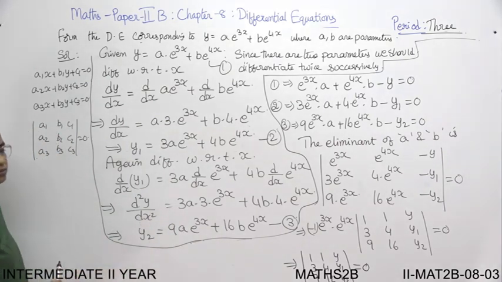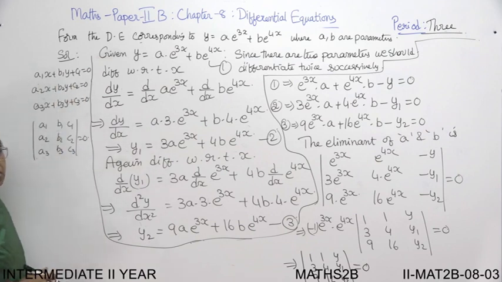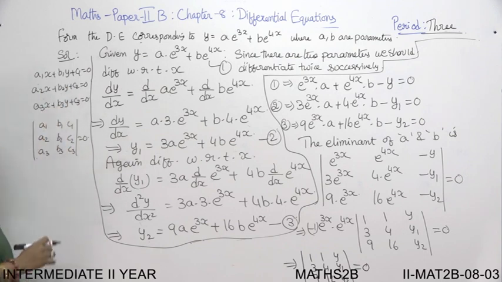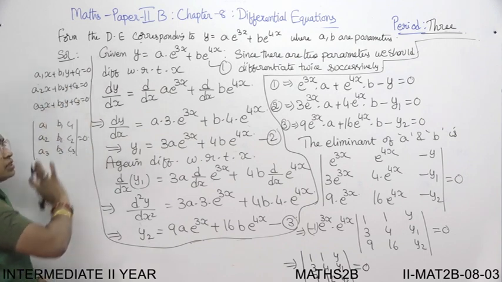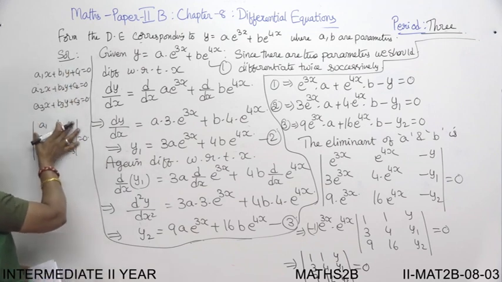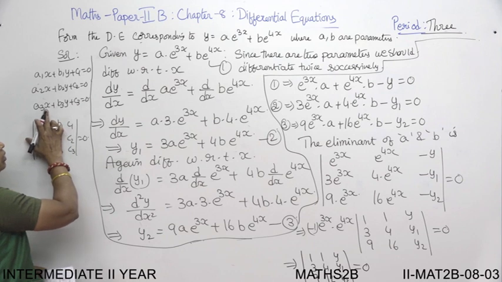In straight lines, if you remember, in concurrent lines, you have three equations which are concurrent, three straight lines which are concurrent: a1x plus b1y plus c1 equals 0, a2x plus b2y plus c2 equals 0, a3x plus b3y plus c3 is equal to 0. If the three lines are concurrent, then what will you do? You will solve two equations for x and y, and substitute those in the third equation. When you substitute in the third equation, it is satisfied, then they are concurrent. So solving two and substituting in the third one is nothing but the determinant is equal to 0. You have learned this. So that means in this you are eliminating x and y.